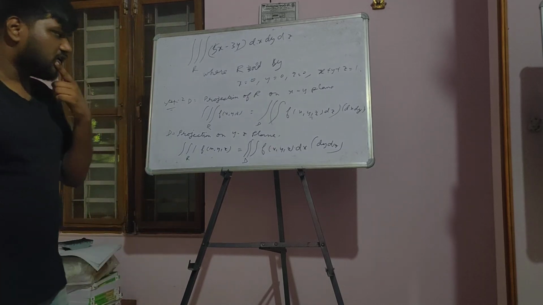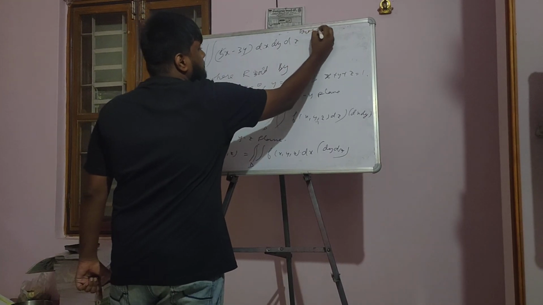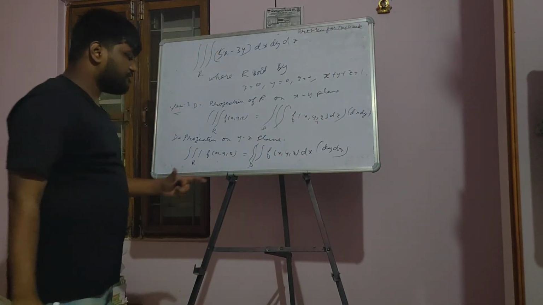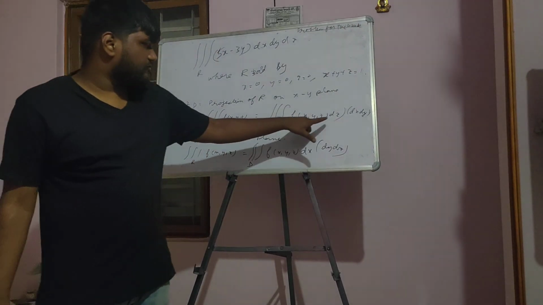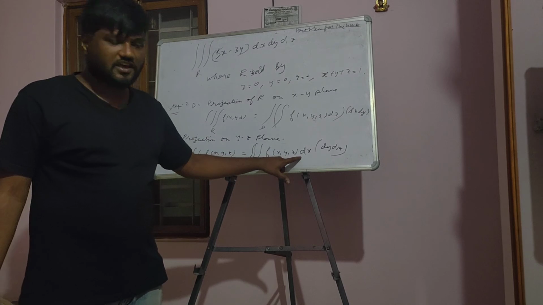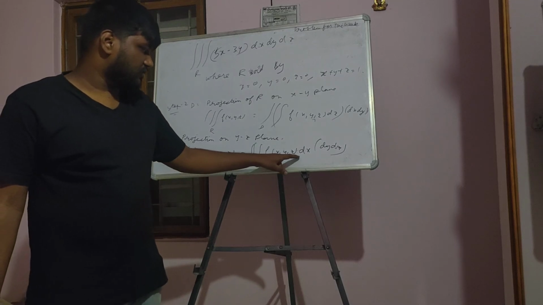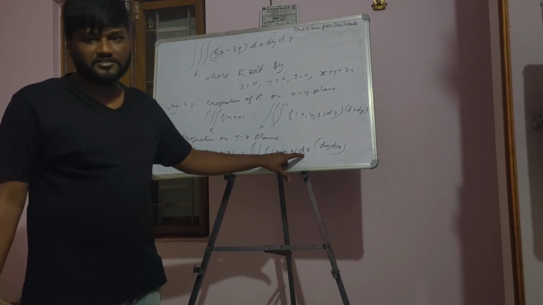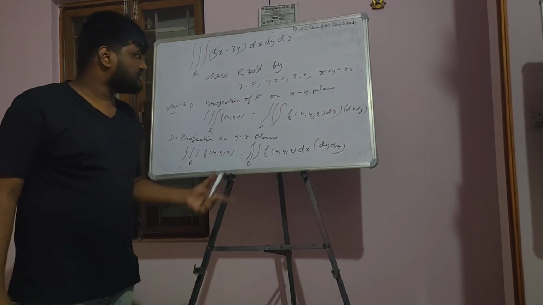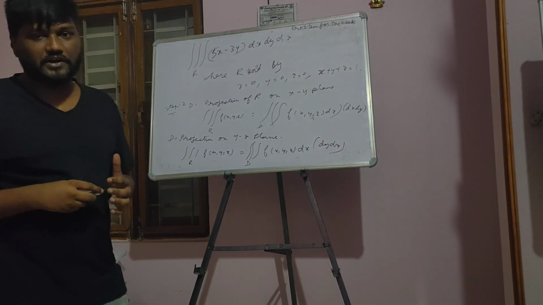So your job, the problem for the week. The problem for the week is, instead of doing it this way, first with respect to Z and then with respect to X and Y, you have to do it in this way: first with respect to X and then with respect to Y or Z, whichever is your wish. So first you have to do it with respect to X. That is the problem for the week, and you have to solve it, and then you can check that the answer is the same as what I got, which was 1 by 12.